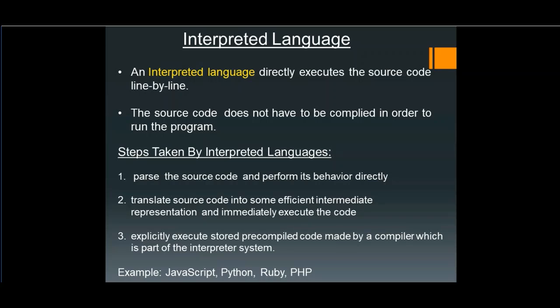Okay, so examples of interpreted languages are JavaScript, very famous, Python, very famous, Ruby, which was at its peak at one point, it's not so much now, but it's also used for web development, and PHP. Okay,